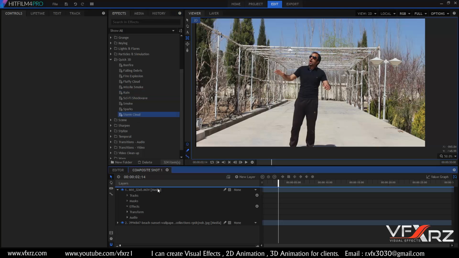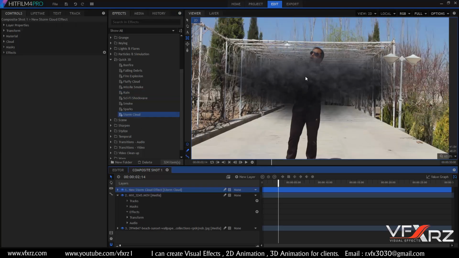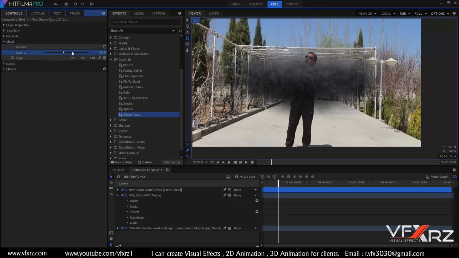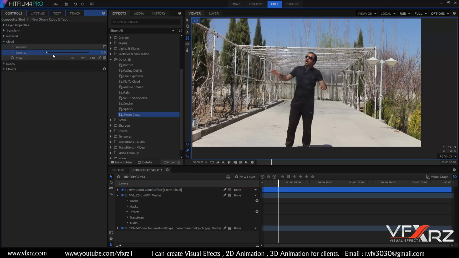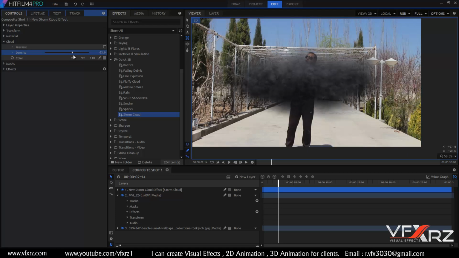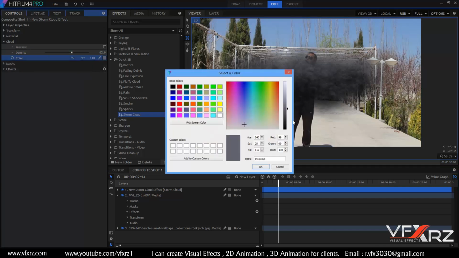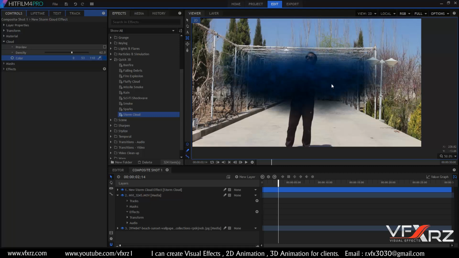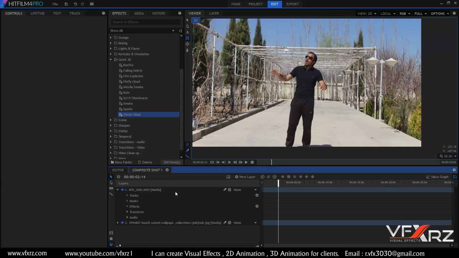And if you drag and drop storm cloud, as you can see, it's a very good storm cloud. And if you select this cloud here, you can change the density. And with color, you can change the color of this storm cloud. Very good. Now delete that,